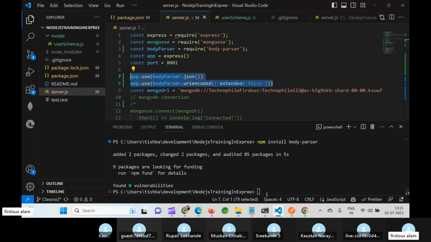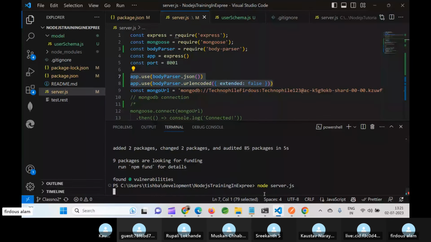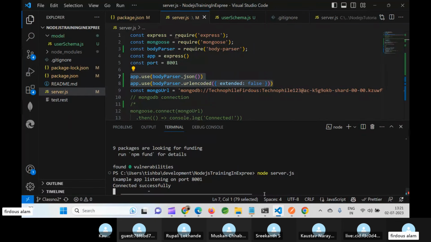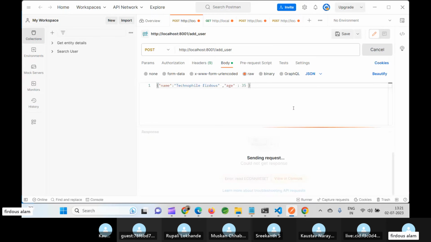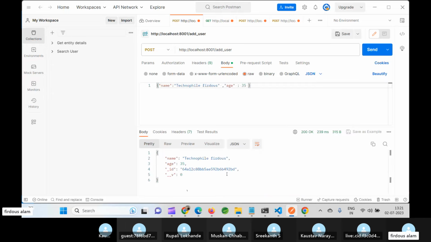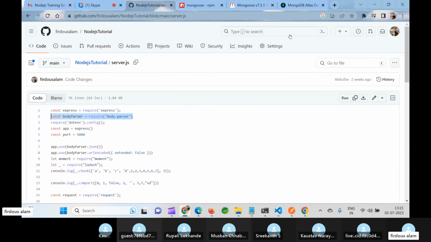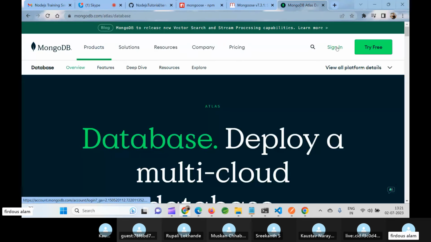So once we have done that, if we run our application, let's wait for the connection to get established. Yeah, connected successfully. And if I hit it here, see, I send name and age, and now I get something more, right? ID also. It got saved into the database, and if I open my database,